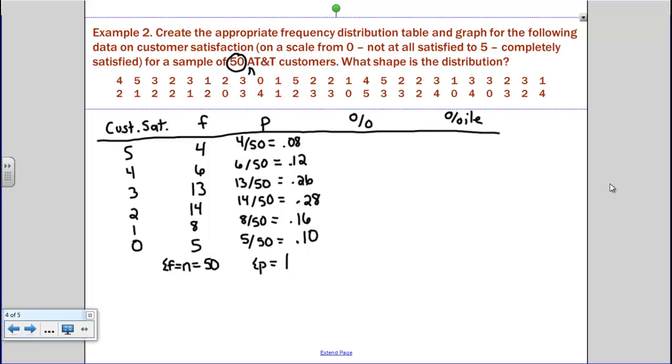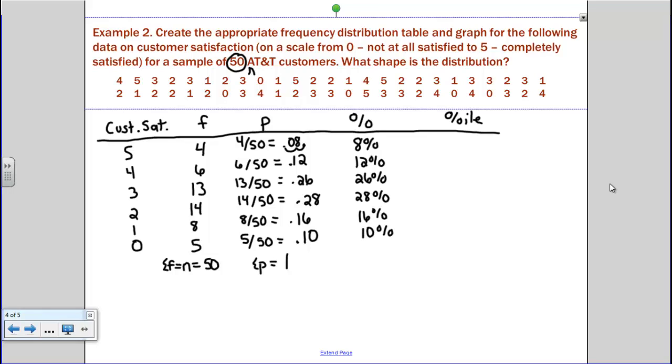You simply take P and multiply it by 100. So 0.08, I'm not going to show the calculations here. It's pretty straightforward. You essentially just scoot your decimal place 2 places over. So 0.08 times 100 will give you 8%. 0.12 times 100 is 12%. 0.26 times 100 is 26%. 0.28 times 100 is 28%. 0.16 times 100 is 16%. 0.10 times 100 is